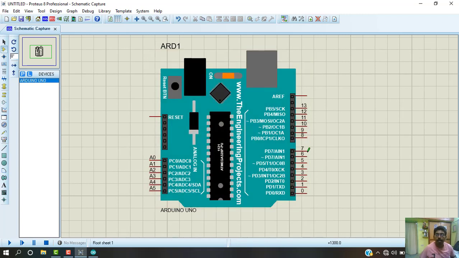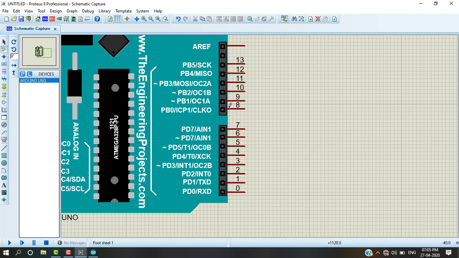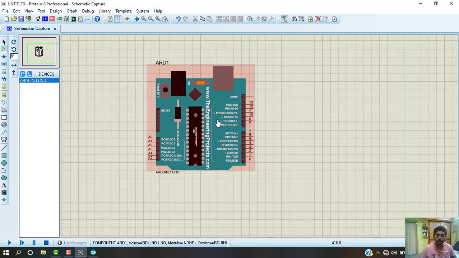We have 13 digital pins and 6 analog pins. The tilde mark before the pin names mentions that these pins can generate PWM output in the Arduino board. These last two pins are TX and RX. These pins are used in serial communications.